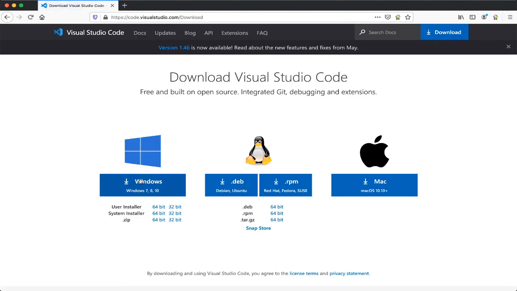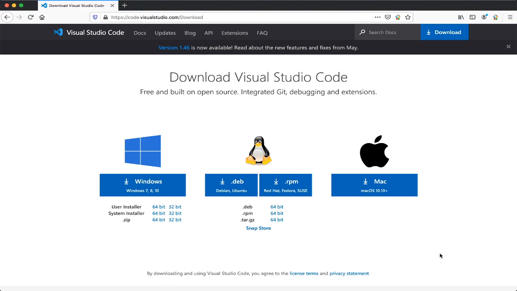Here you can see Visual Studio is available for all operating systems like Windows, Mac, Linux, everything. If you are a Windows user, download 32-bit or 64-bit as per your system type. You can go to your control panel, then system and security, and check your system type. According to that, download your Visual Studio Code.